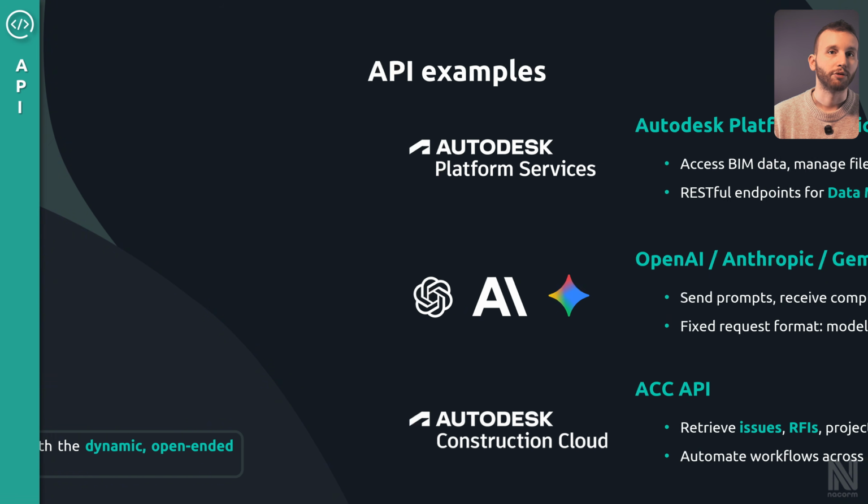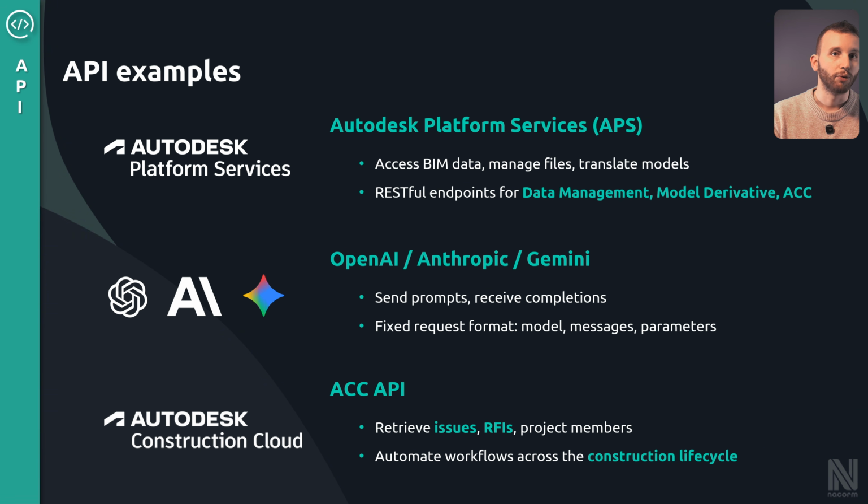Let me give you 3 concrete examples of APIs that are relevant to what we're building. First, Autodesk Platform Services, or APS. This is the API layer that lets you access BIM data, manage files, and translate models. It provides RESTful endpoints for data management, model derivative, and ACC. Second, the LLM Provider APIs, OpenAI, Anthropic, and Gemini. These let you send prompts and receive completions. They use a fixed request format with a model, messages, and parameters. Third, the ACC API specifically, which lets you retrieve issues, RFIs, and project members, and automate workflows